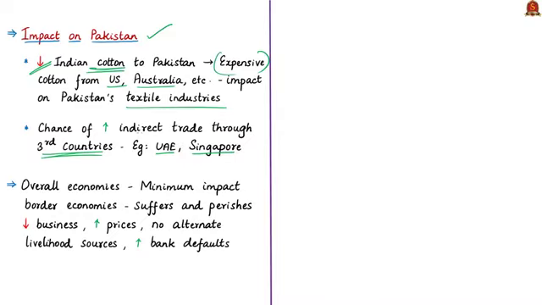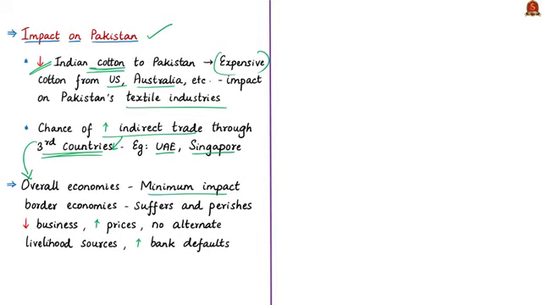This would increase the indirect trade because trade is not happening directly between two countries, but through a third country. According to the author, this indirect trade is estimated to be more than double the direct trade between India and Pakistan. This shows that the overall economies of the two countries may manage to survive despite the